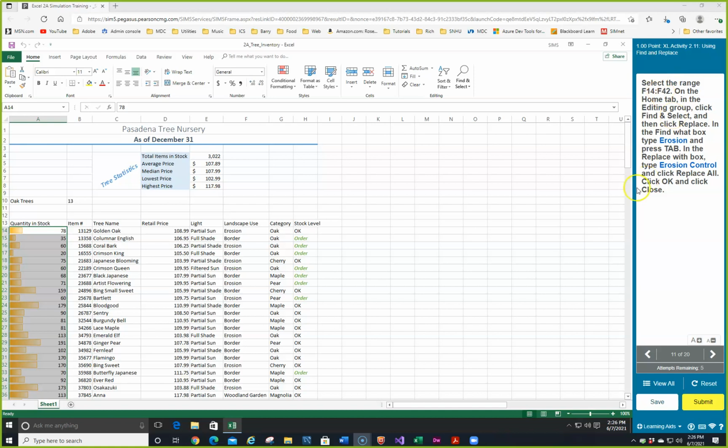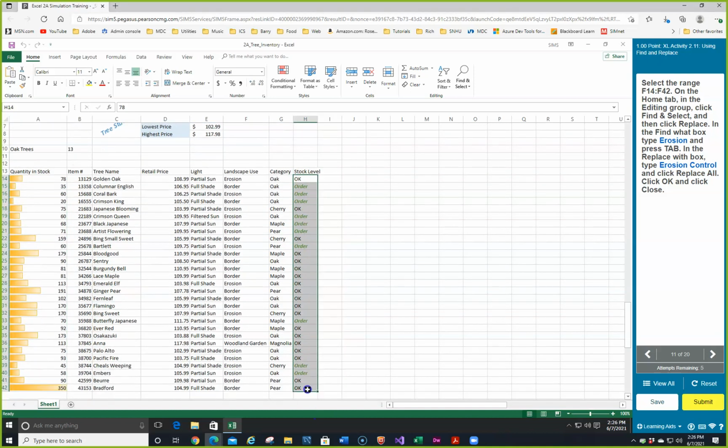So we're going to select the range F14 to F42. So here's F14, and we're going to go down to F42. And that's it. Good job. So let's try it here again. F14 to F42. Then we want to select. Now I'm going to try it. I don't know if it's going to work, but a shortcut to